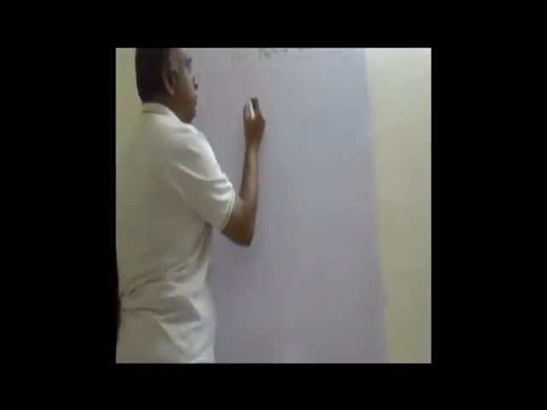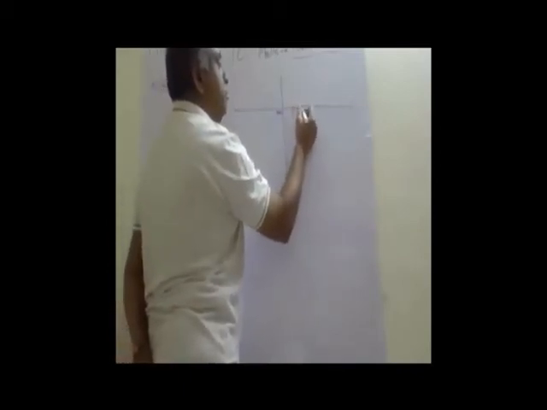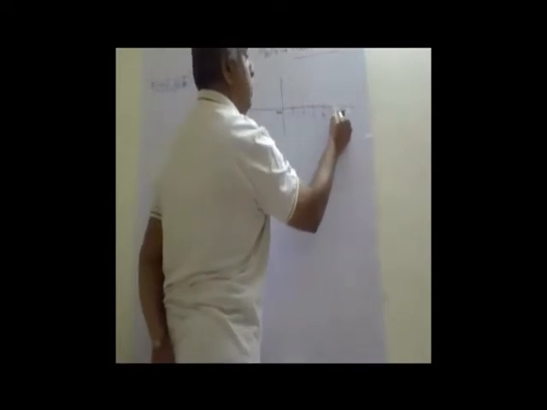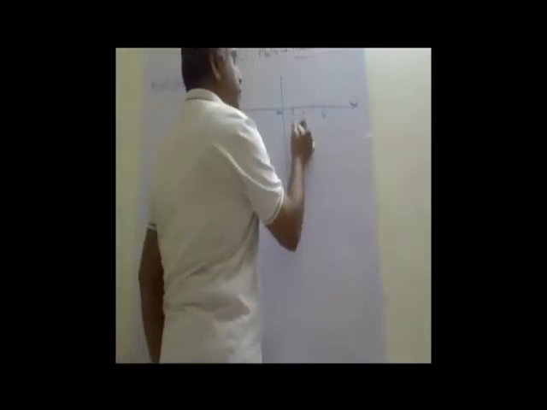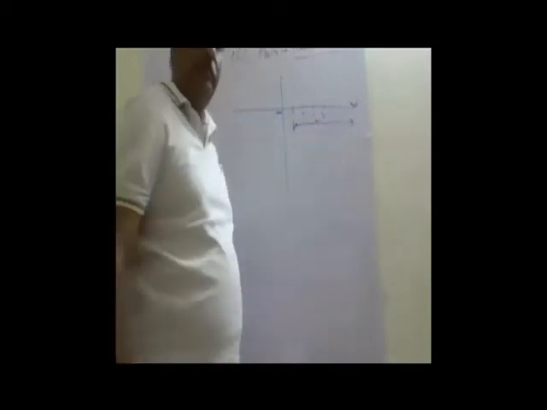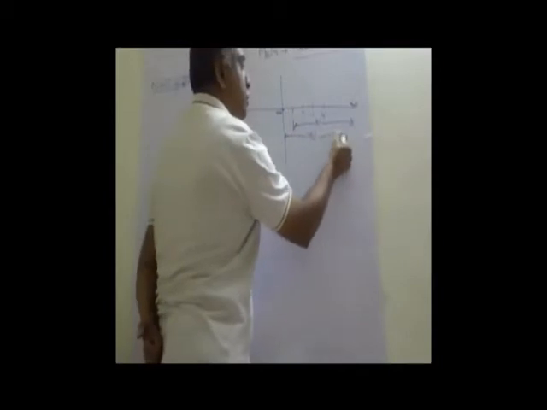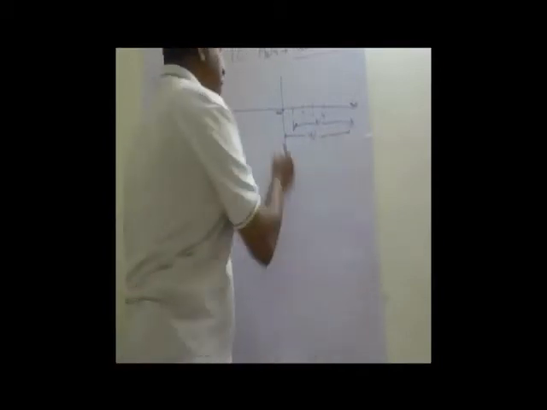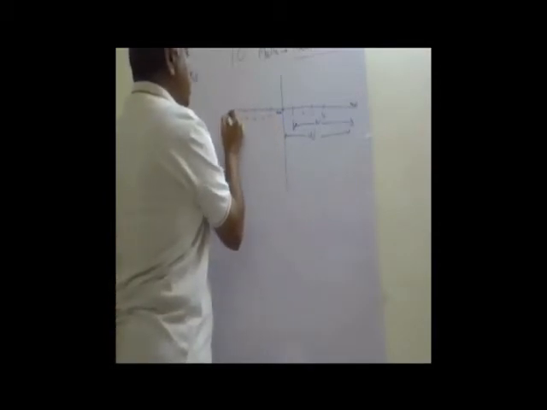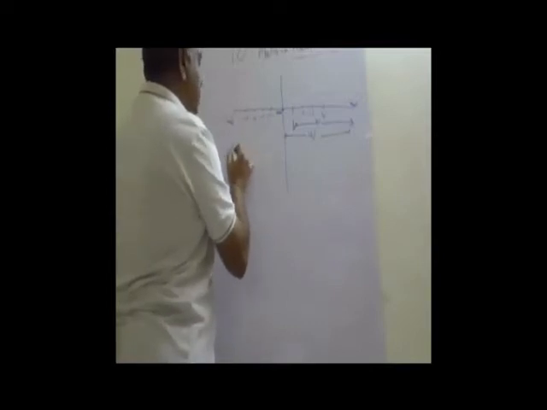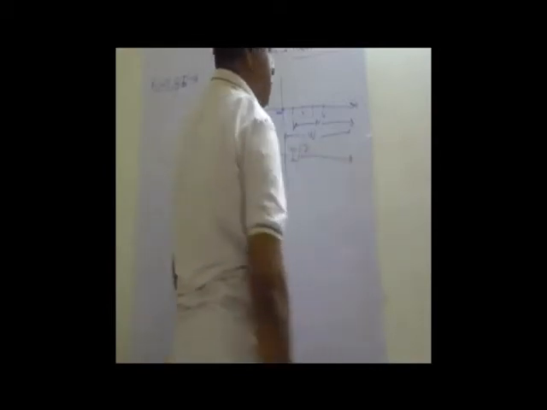We know this is a scale. So 0, 1, 2, 3, 4, and that up to infinity is a set of natural numbers. When we added 0 to the system, this becomes whole numbers. When we add minus 1, minus 2, minus 3, minus 4, like that, to minus infinity, then we got integers, I or Z.